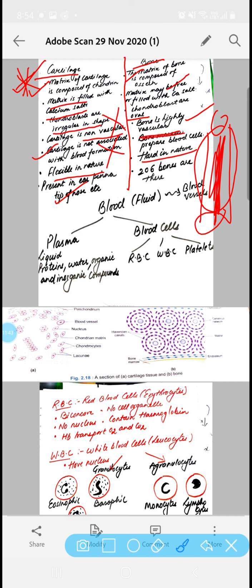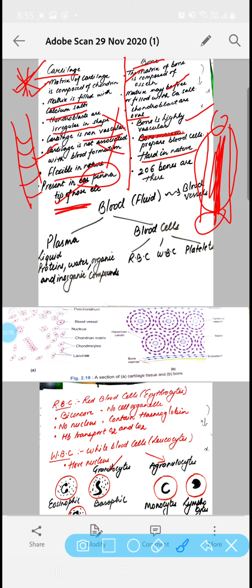Okay, so that is the flexible part made up of cartilage. The ear pinna, the outer ear, you can just move it with your hand. So this is again an example of cartilage. Other parts also have cartilage, like the trachea, which is lined by C-shaped cartilaginous rings. They are also present in the joints of the fingers.